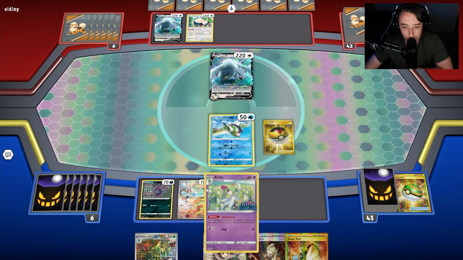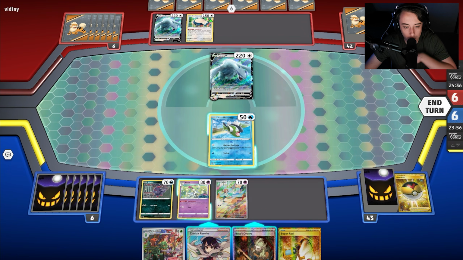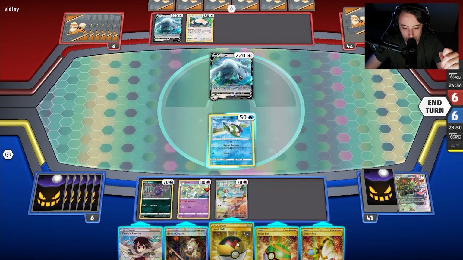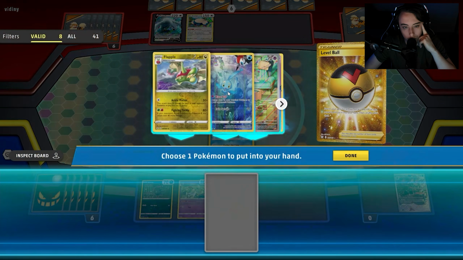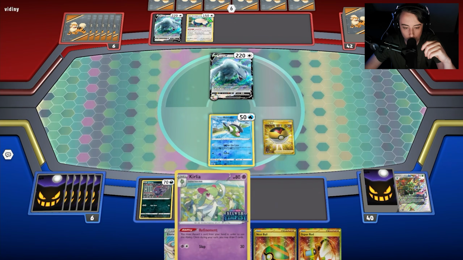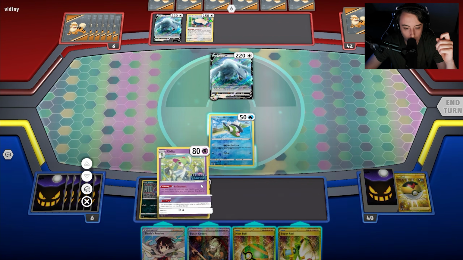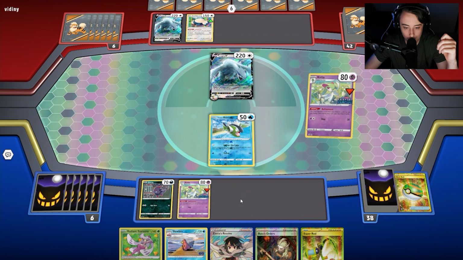So we can use the Level Ball, grab Kirlia, and then Kirlia will allow us to discard to draw 2, so we can get rid of the Scovillain, drawing us 2, and we actually get Nest Ball as well as Level Ball. We'll use the second Level Ball here, grab the Kirlia. I don't think I'm going to have to use the Nest Ball, just because I can search with the Gather the Crew. So what we'll do here is just get rid of the Nest Ball, draw us 2,